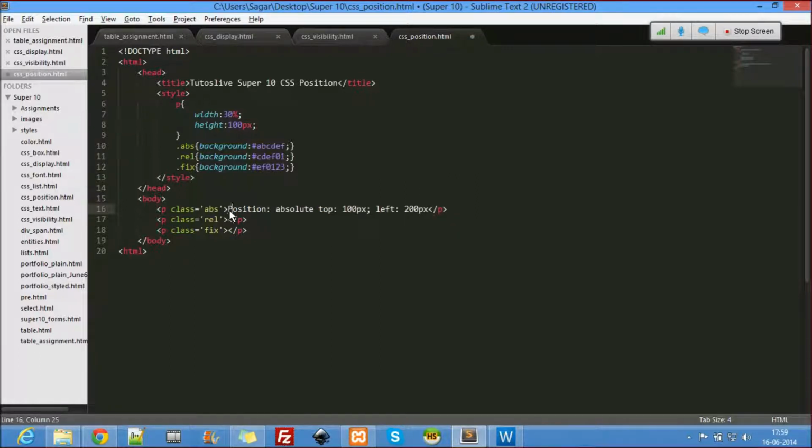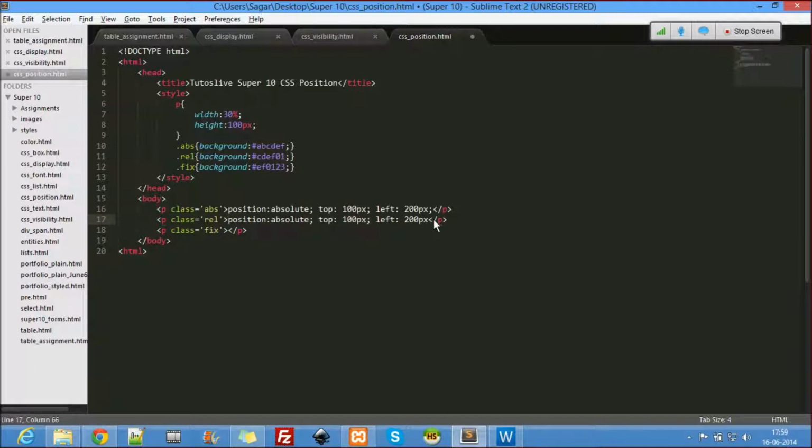Let me just do this so that we will be knowing which one is what. Now coming to this, let me just copy. Some text, I'm writing a text, that's it.